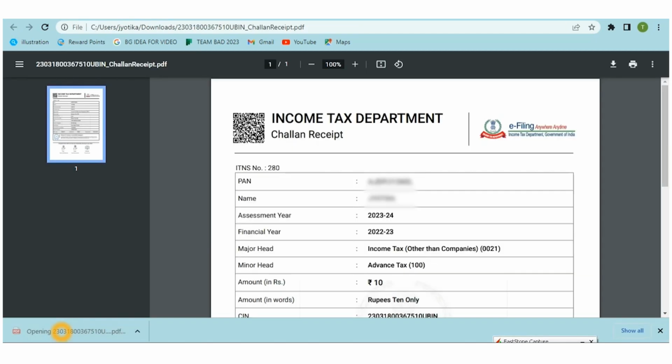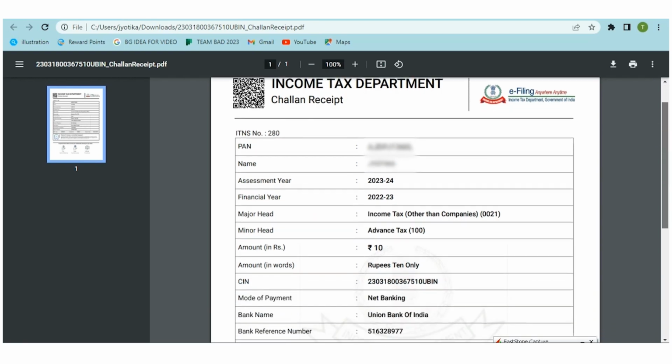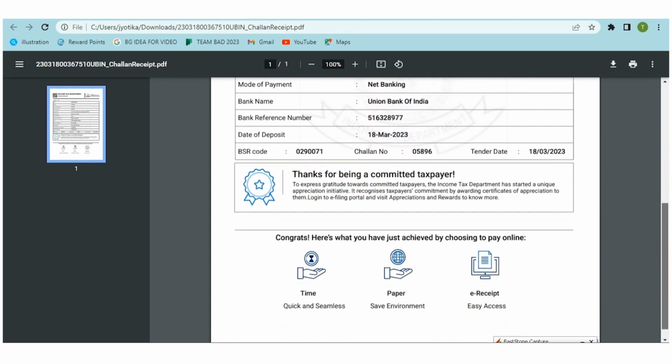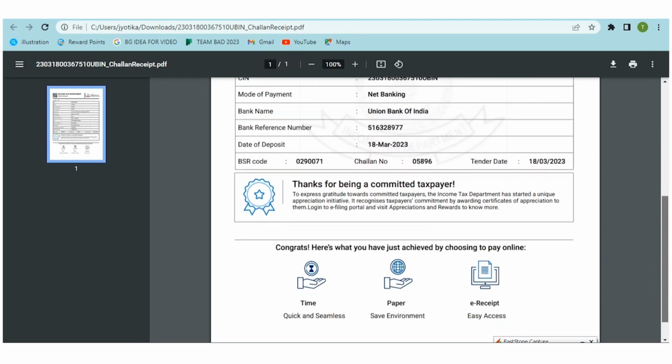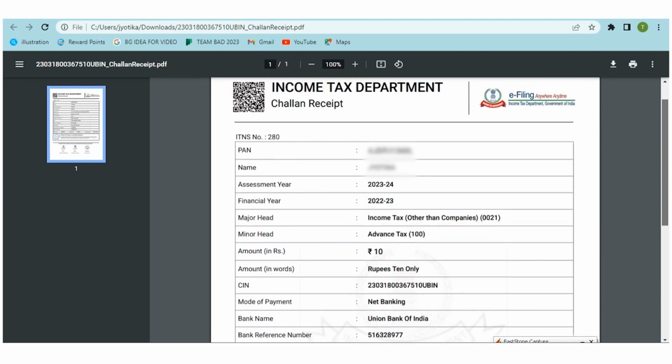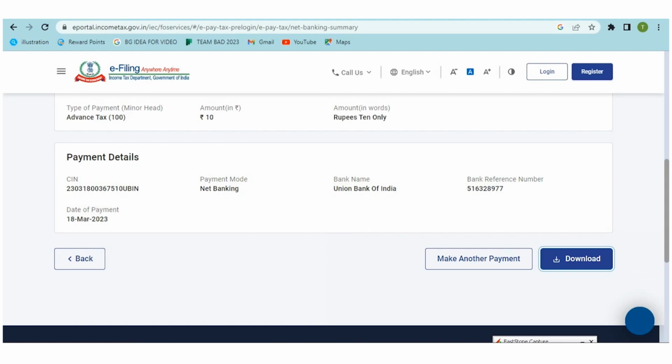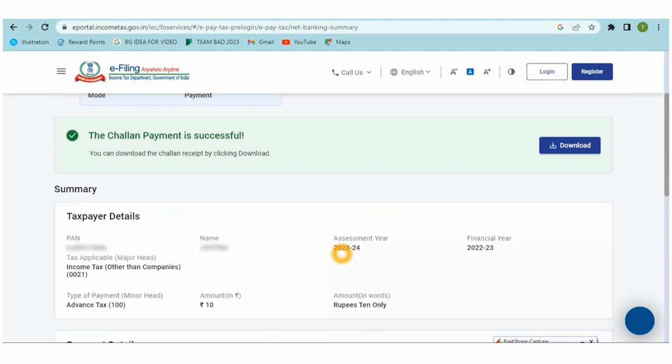So this would be a challan receipt for the payment of your taxes, like this. You can take this as a printout, or you can keep it as proof that you have made the payment of advance taxes on the income tax portal. So this would be the process of making the payment of your advance taxes.